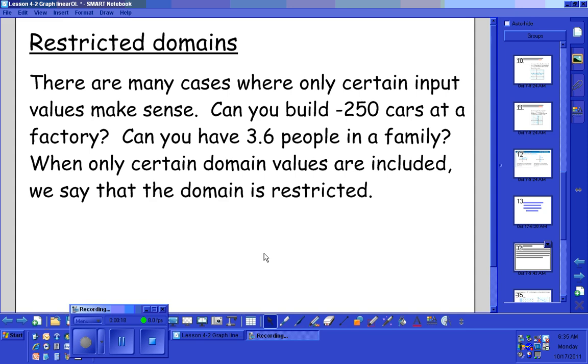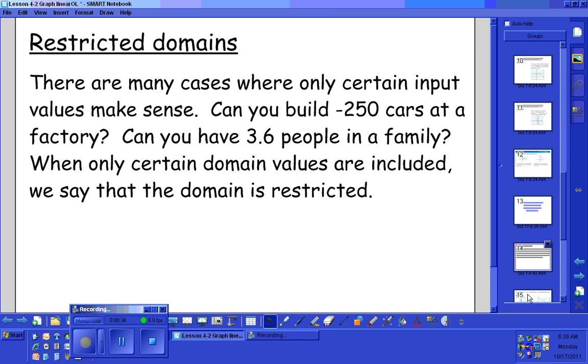3.6 people in a family is not a reasonable number, even if you have a baby or even if there's somebody that only lives there part of the time. They're still a whole person. So when you have certain domain values that you can or cannot include in a problem, we can say that